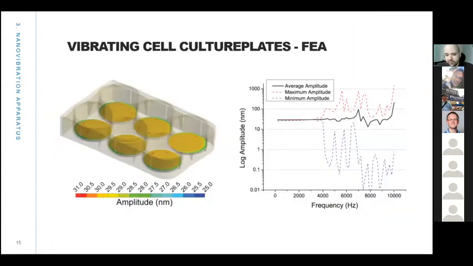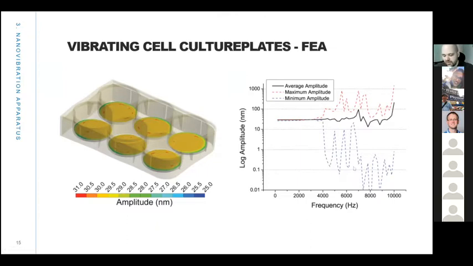We've done a lot of analysis of the cultureware, vibrational analysis. This is harmonic response modeling done in ANSYS on the surfaces of a 6-well cell culture plate. And you can see that the surface responds quite closely to the input vibration up to around 3,500 hertz, above which we start to get distortion of the culture plate. The image is actually at 1,000 hertz because that's a frequency we've been quite focused on in our cell